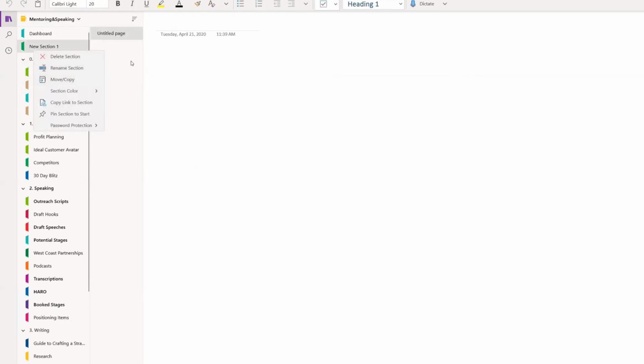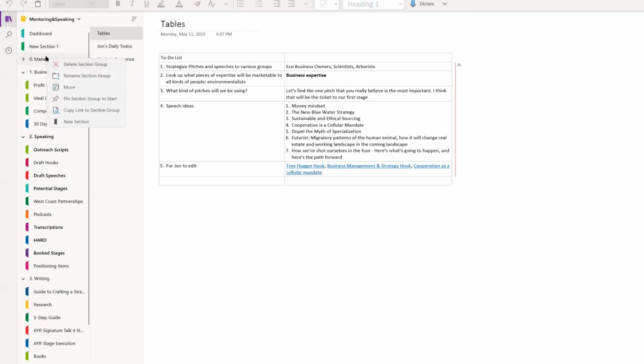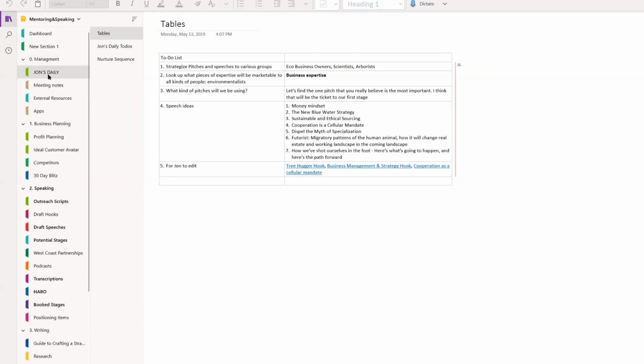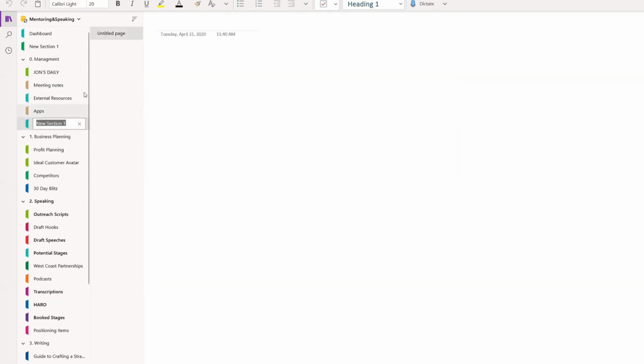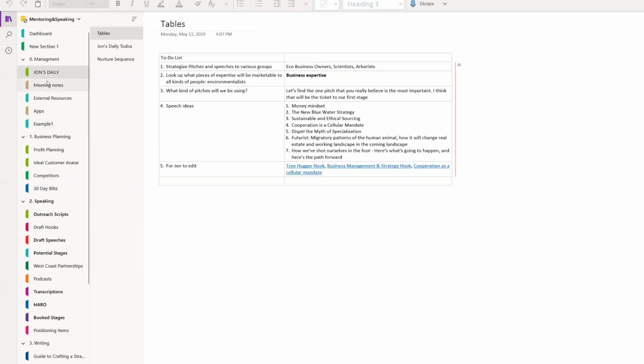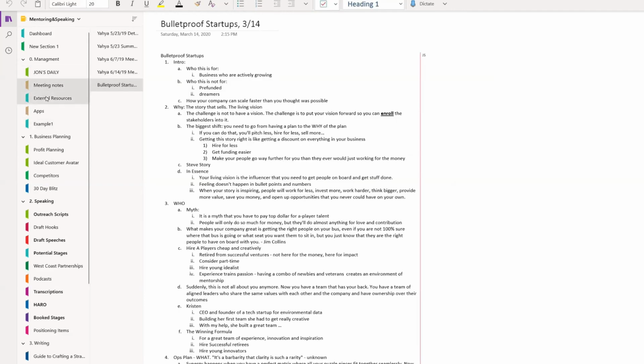That turns this into a section group, and then once you have a section group like this, you can add sections in underneath it. And so this is kind of where the notebook functionality starts to show up, because you can do layered sections like the tab in your notebook. So I can add another section in here, a new section. And then inside of that, that's when you start to have the pages in your notebook. But here you can still have layers of pages inside your notebook.